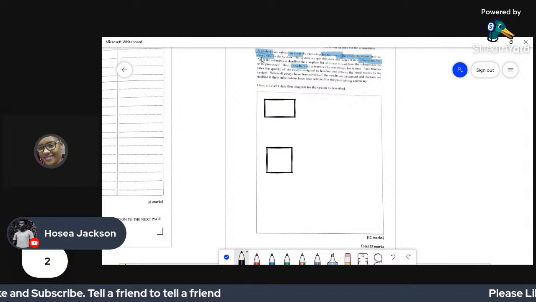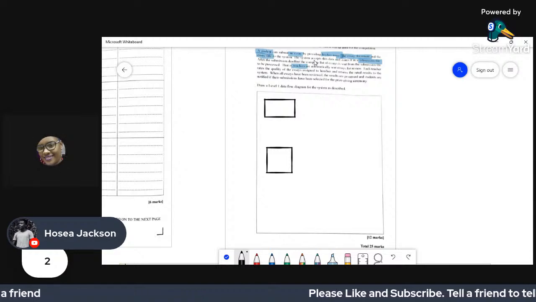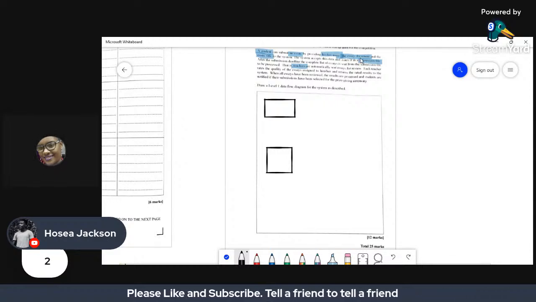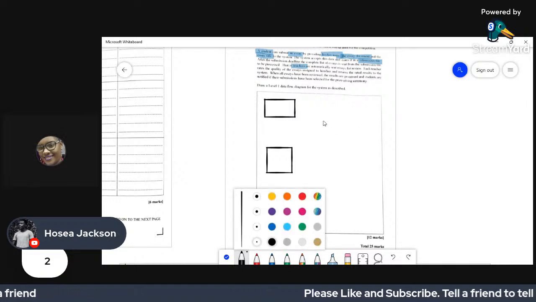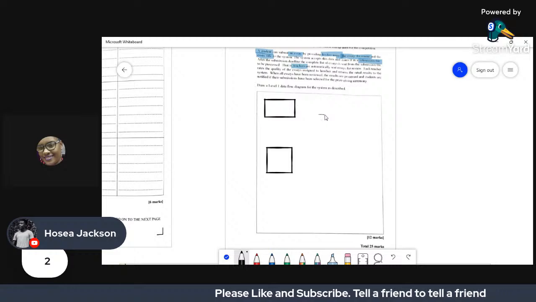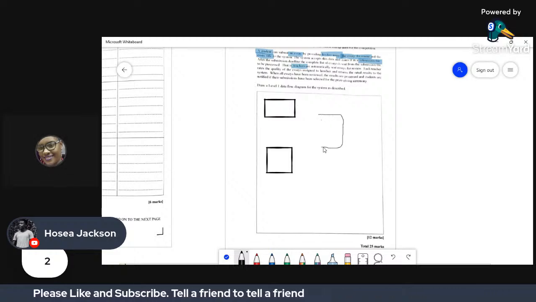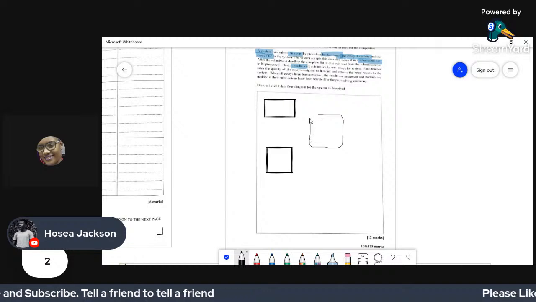So let's look at the first part. It says a student can submit an essay by providing his or her name, the essay document, and the essay file to the system. So we are going to create a process for that. For this one, our edges are going to be rounded to show that this is a process.